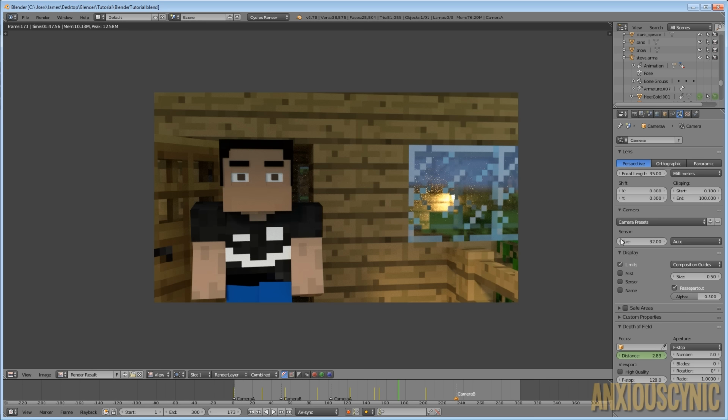Another thing to note is the focal length. This one's wider than the other shot. If you recall, the other one is 50 millimeters, I believe, and this one is 35. So if Blender is simulating that accurately, the wider the focal length, the less the depth of field will appear, even with the aperture. So that's something to keep in mind as well. I'm not 100% sure on that, but just keep in mind all these different things: the focal length and your aperture setting are going to affect how shallow the depth of field is.